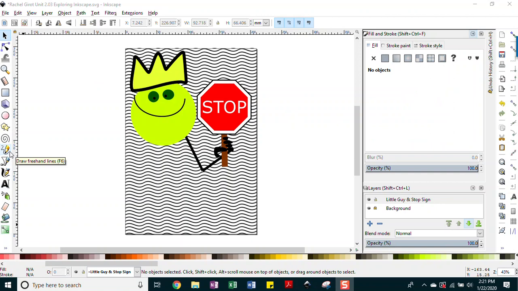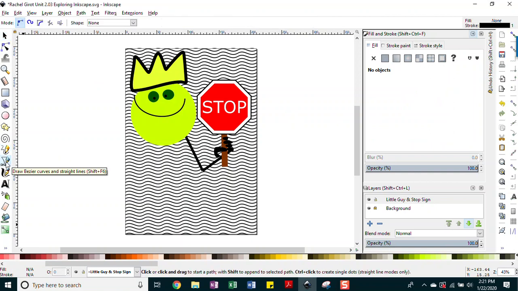I will just quickly teach you how to use the pen tool. Why not? The pen tool is a little bit different, but what it does is allow you to click points that I want to connect lines with. So I'm going to start here, and actually it'd be a good idea to